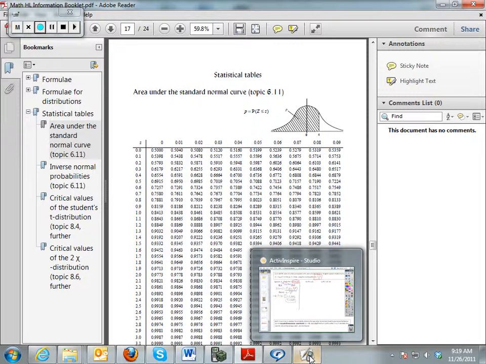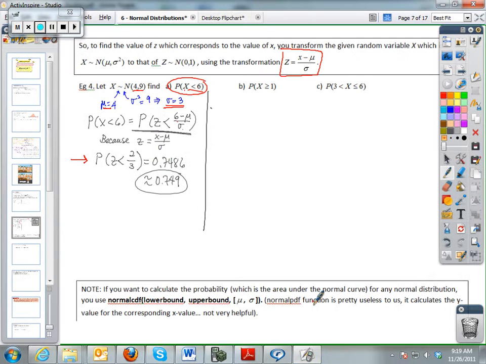I'm going to get 0.749. There you go. So now looking at part B,